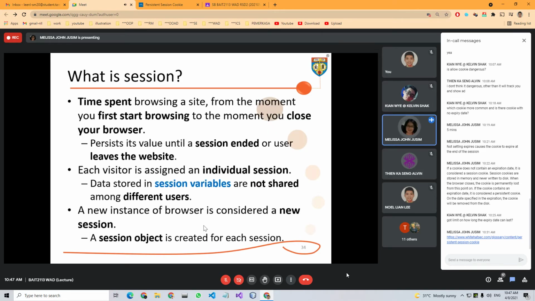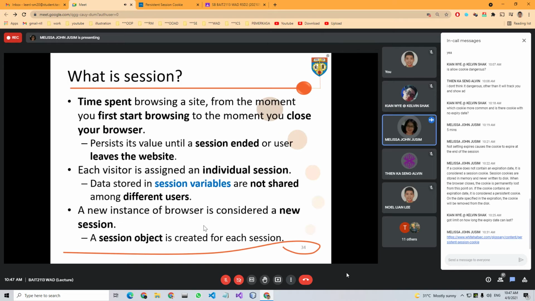A session means the time spent to browse the site, starting when you first start browsing until you close your browser. So the value is retained until the session is ended, or perhaps the user leaves the website.